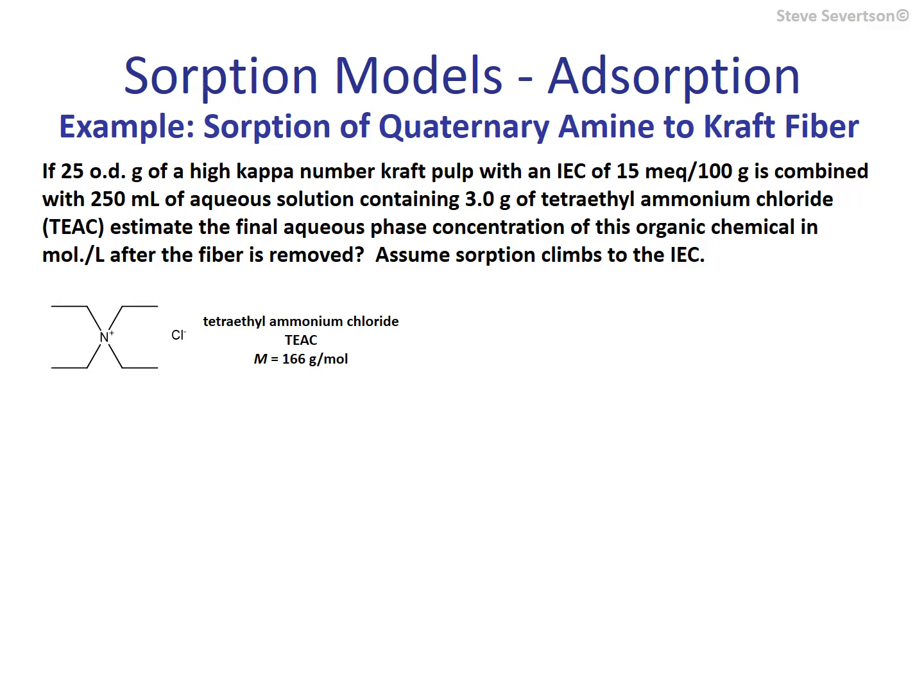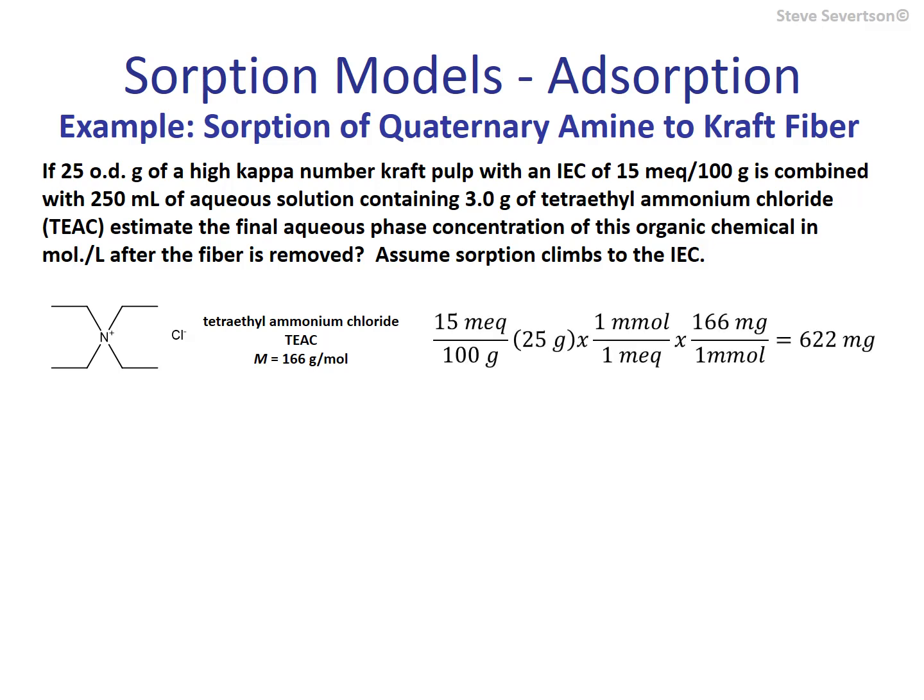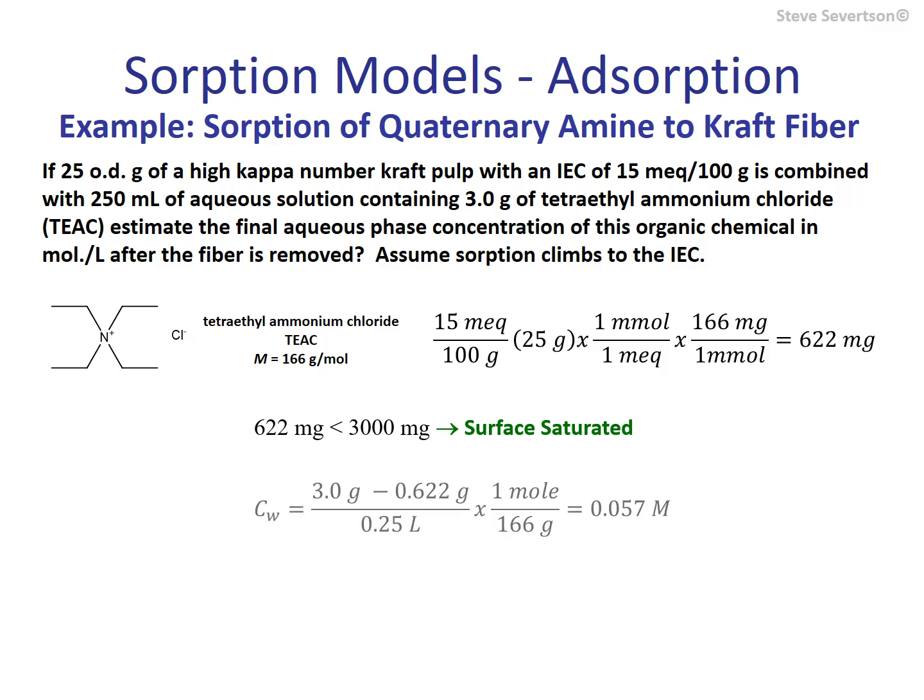Seems like this would be a good time to review some examples. The first is a straightforward calculation, but it makes an important point. Here, we add processed wood fiber to an aqueous solution containing more than enough tetraethylammonium chloride, or TEAC, to saturate fiber surfaces. The example asks us to estimate TEAC's molar concentration in the aqueous solution after we separate it from